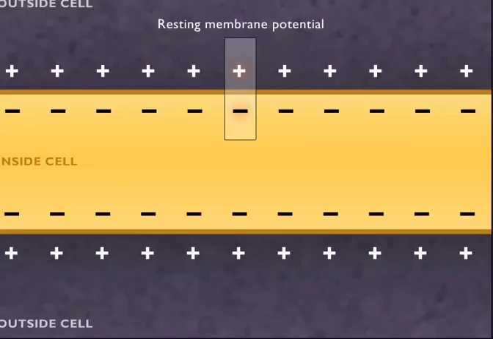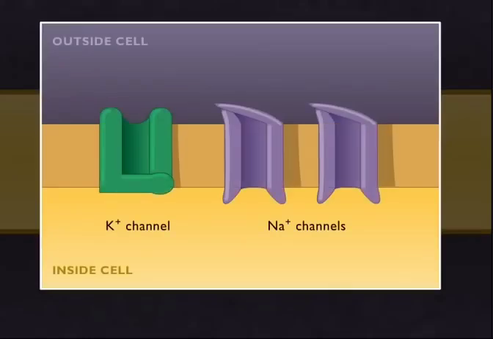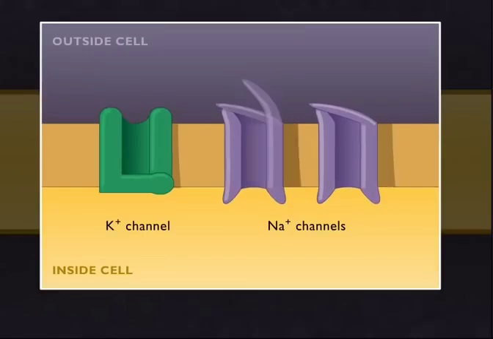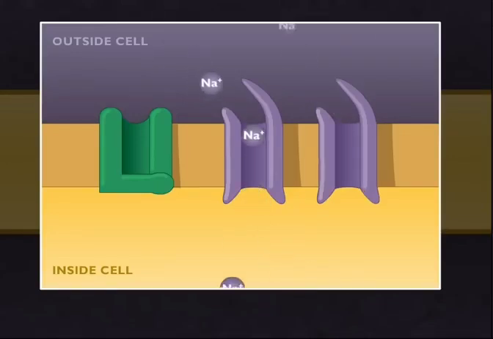A nerve impulse begins when a stimulus disturbs the plasma membrane on a dendrite, causing sodium channels to open. Sodium ions flow into the cell, lessening the charge difference at that location. If the change is enough, it will cause nearby voltage-gated sodium channels to open. This allows so many sodium ions to flood into the cell at that location that the membrane there is depolarized,